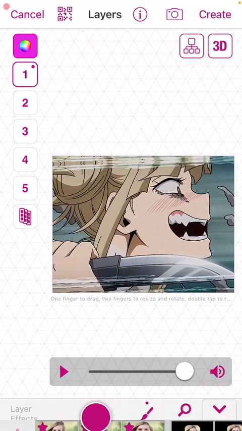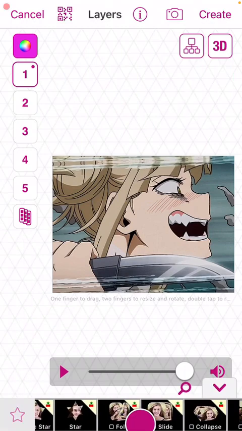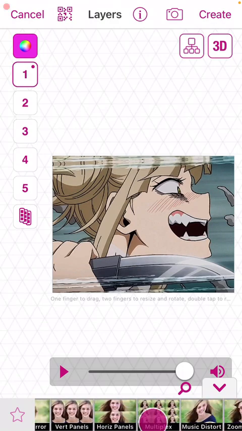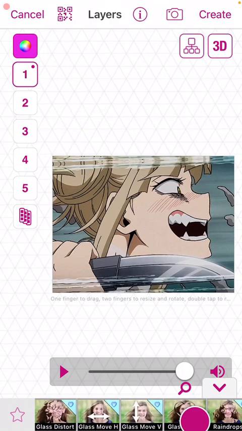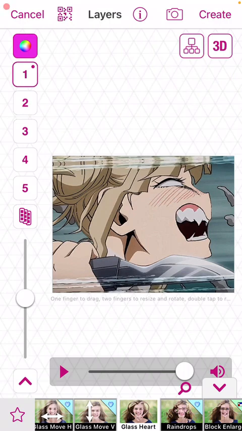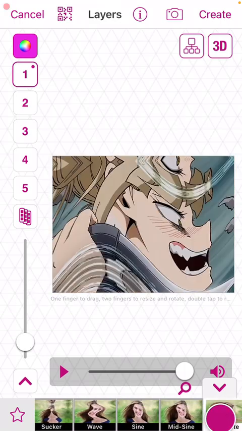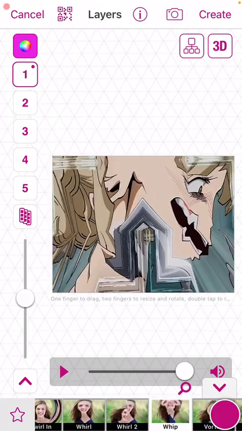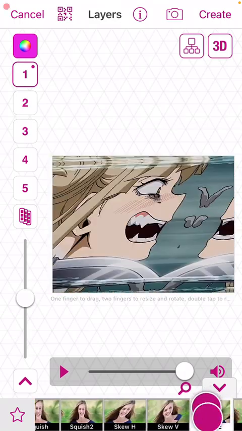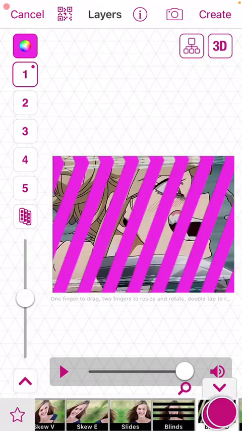And then the layout. These are going to be your transitions. You're going to be dealing with these a lot if you're doing something other than a zoom out or a slide. If you're doing anything other than that, then you'll be dealing with these. And I have some of these saved because I use them pretty often. Anyways,